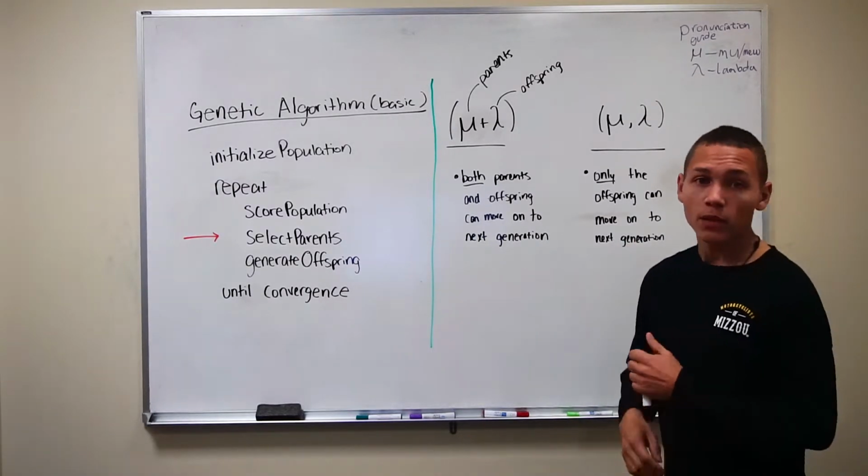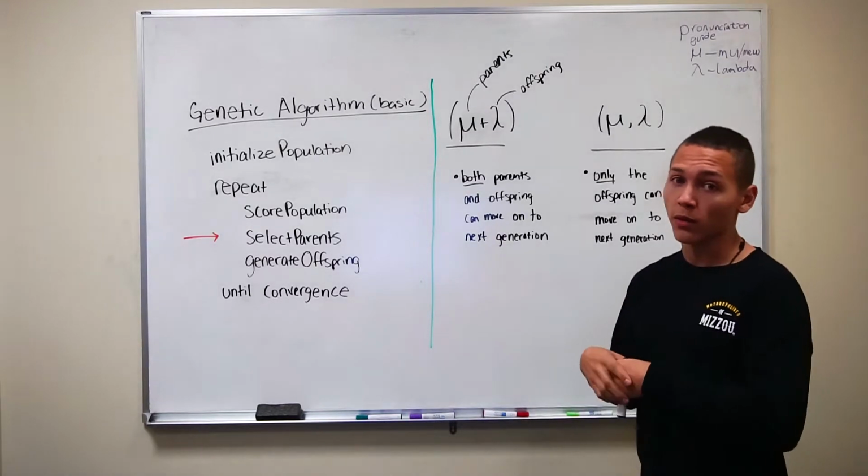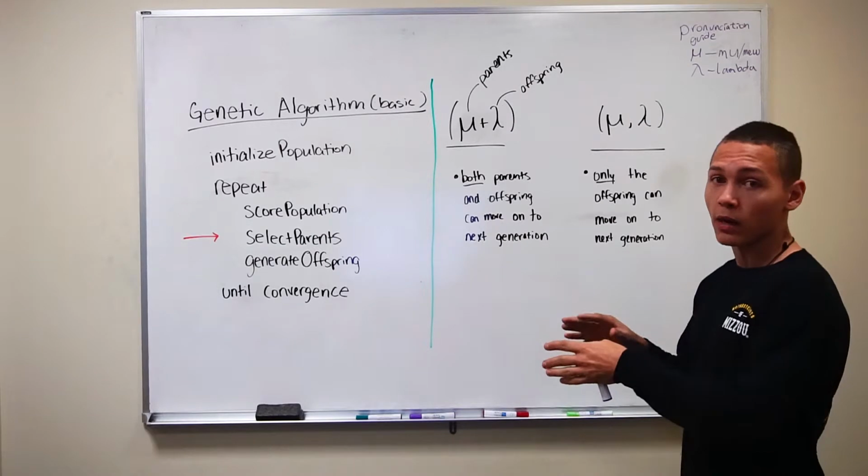Some of the potential trade-offs between using either of these different methods is when using just mu comma lambda, there is a chance that you could generate an optimal solution, one that is superior to others that do come, but you end up losing it because you do not save that parent which would have had